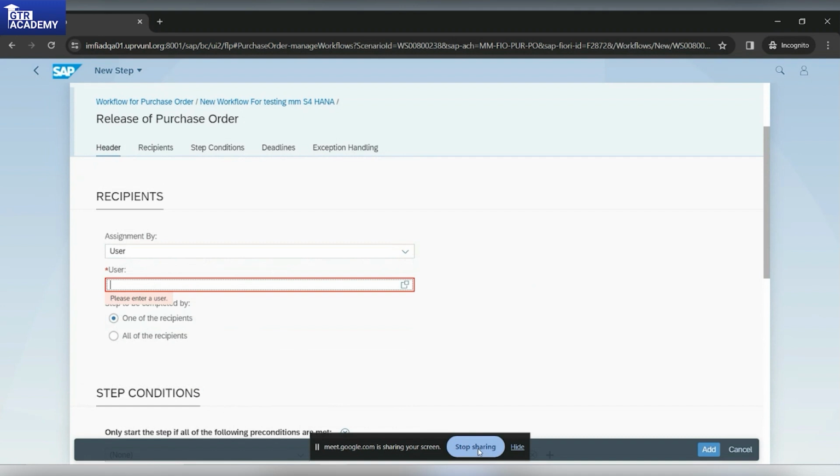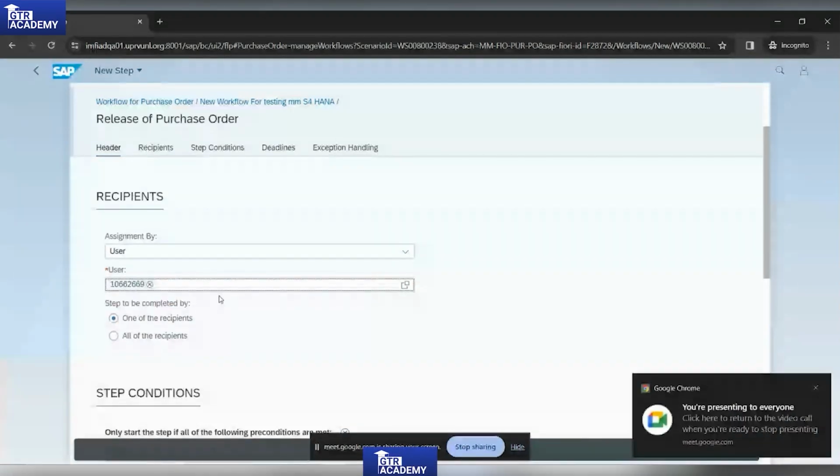ID is not valid. Okay, this is one ID that is valid, and it will receive the